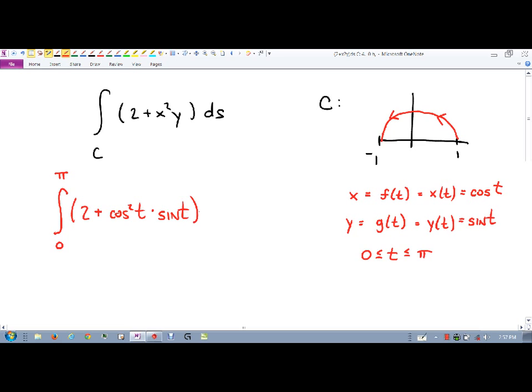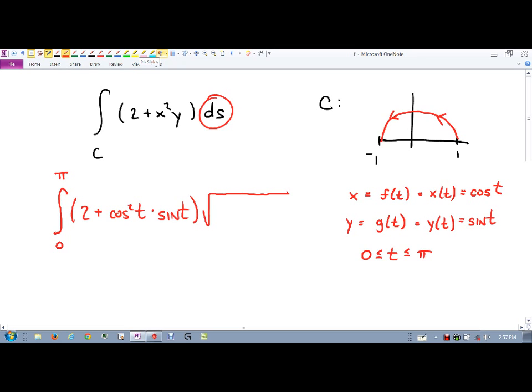But then not ds, I need to replace ds with what ds is. ds is the arc length. What's the arc length? Square root of